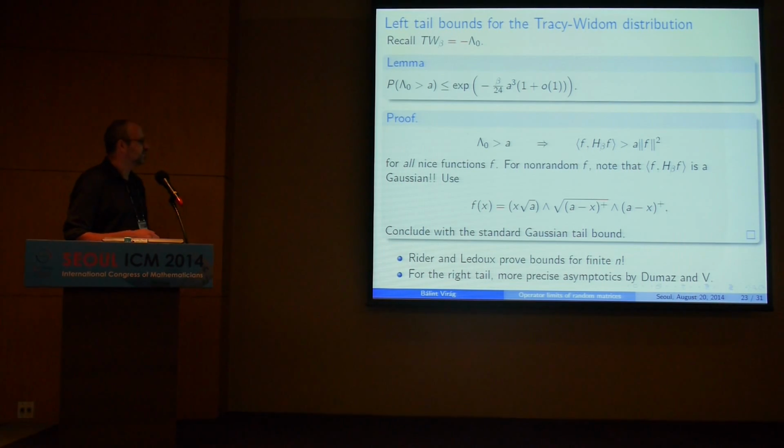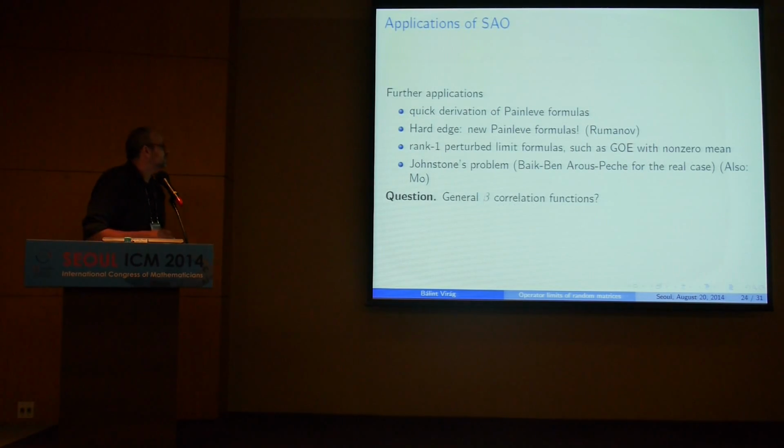And again, Rider can do this for finite n and for tails in all directions, and with Lord Demels, we did some more precise asymptotics of the right tail. We can even compute the power of the polynomial that's in front of this expression. Okay, so